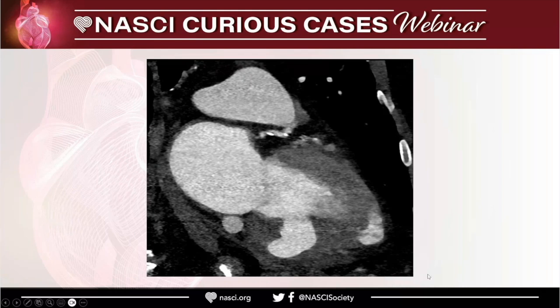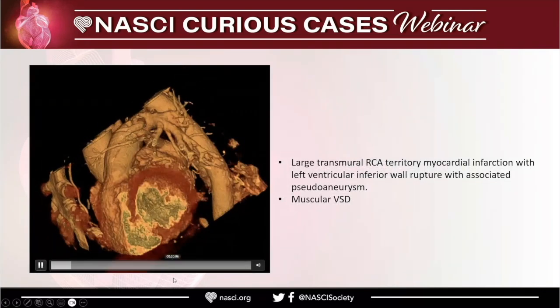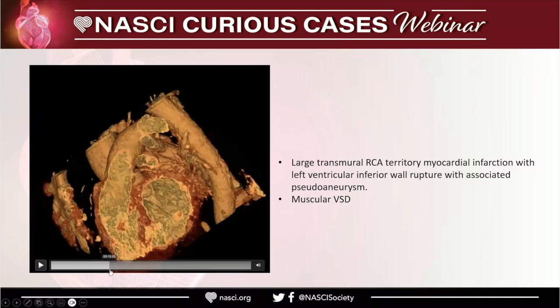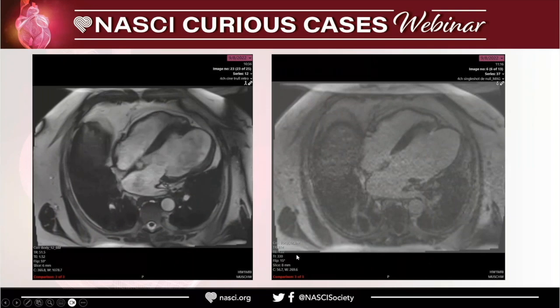And then we give the measurement out there. So this person has that connection in the apex, that is the known VSD. And then you have this rupture out here. See how it is going out? This is how true aneurysms do not go out like that. Location is something that we give real importance. Usually a true aneurysm looks like that. This has some thrombus associated. I thought that was an interesting case of rupture of the inferior wall due to probably an acute